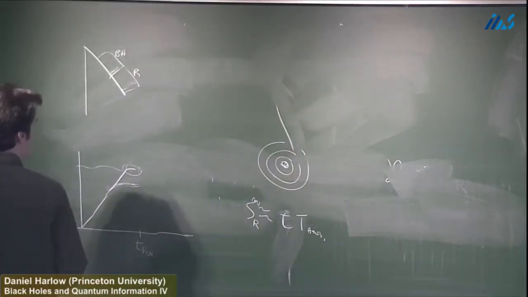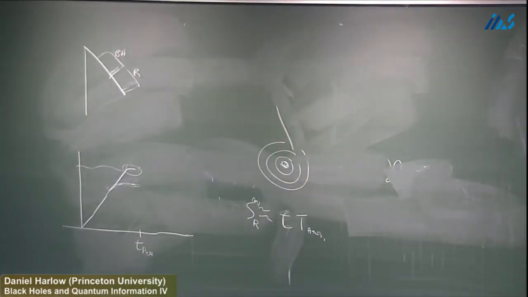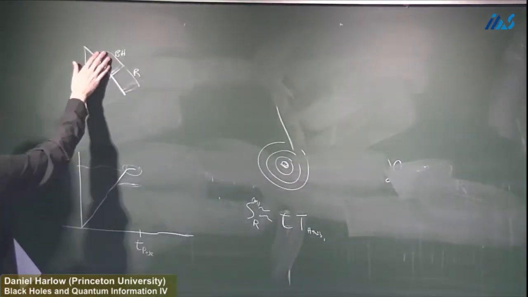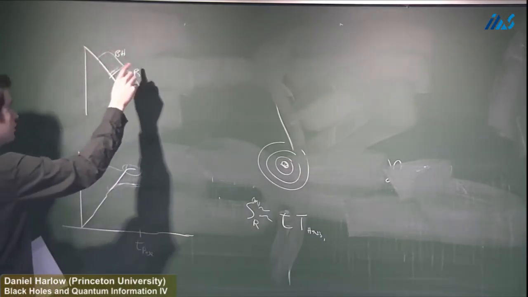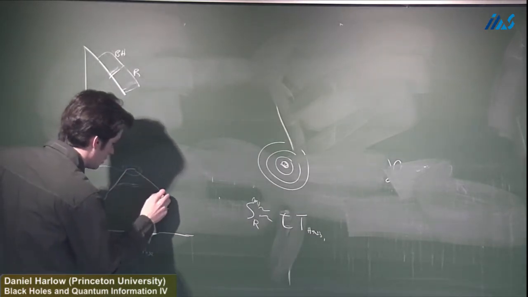Because remember, in any pure state, maybe I should have said this, it's always true that SA equals SB. Now since the black hole, we've decided, has an entropy that is just its coarse-grained entropy, that means that SR also has to be equal to the coarse-grained entropy of the remaining black hole. And we know what that is. It's just the area. And as the black hole decreases, we can put that into the von Neumann entropy for the radiation,